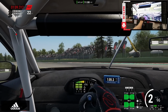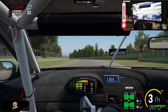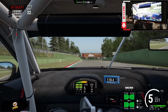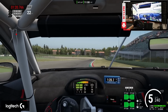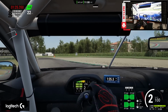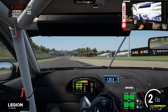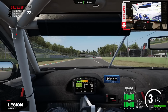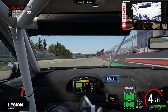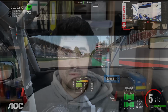I think I was trailing my lap times by 2 or 3 tenths after just a few laps, so I got accustomed really quickly. And I think it speaks for the wheel that there isn't much of a difference in the end in terms of force feedback, because in the end the game designers, Kunos in this case, had an idea what they want to deliver in terms of force feedback. And when several direct drive wheels feel the same, and I do have to say I had the same experience with the SC2 that I was driving at a friend's place, with the VRS, and now with the DD1 as well,